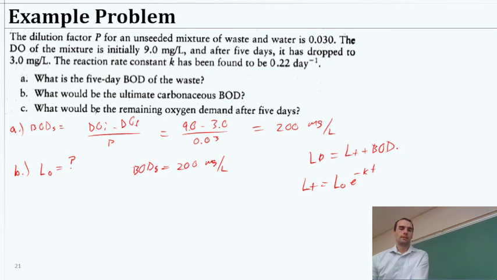For now, I'm just going to write that as T. So I think we need to combine the two and do a substitution here, because we don't have any way to know so far what the ratio of LT to L naught is. We weren't given any information about really either of those, but we can relate them both to the BOD